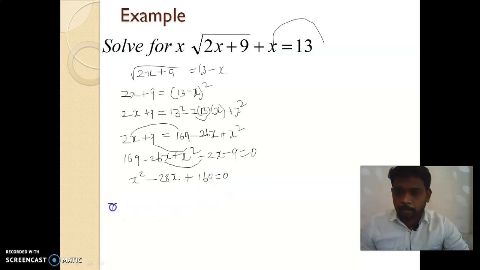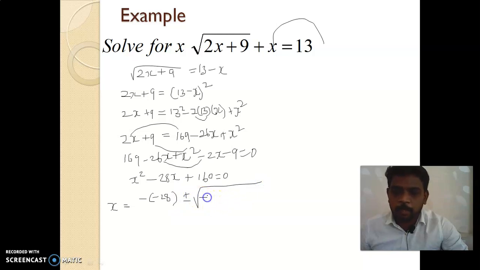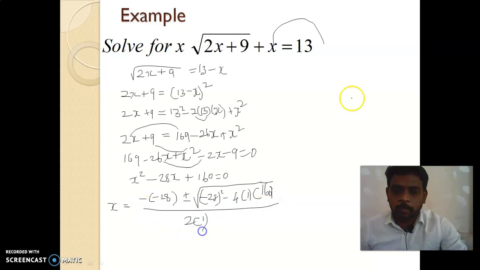So x equal to minus b. Minus b is nothing but minus of minus 28. So minus b plus or minus root of b square, so minus 28 whole square, b square minus 4ac. So minus 4, a value is nothing but 1 and c value is nothing but 160, inside the square root. So whole divided by 2a, so 2 into 1. Now simplify this. So minus into minus is plus, so plus 28 and plus or minus root of